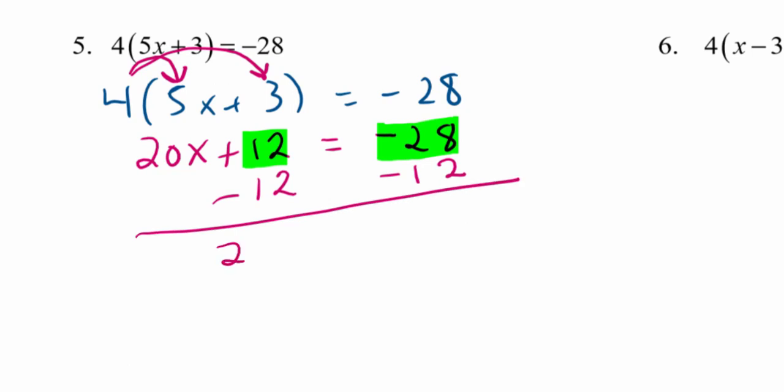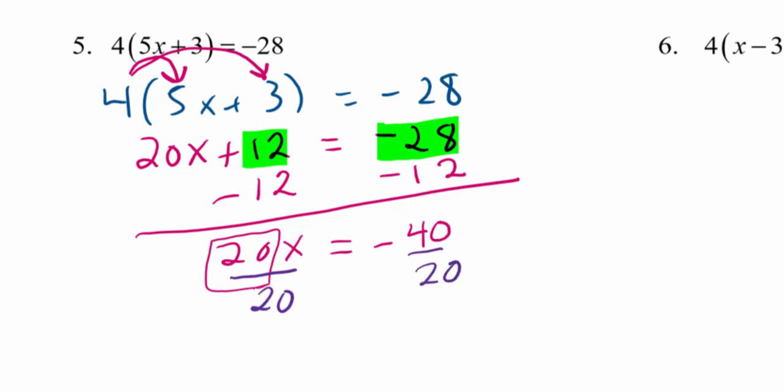So on the left, we have 20x, and on the right-hand side, we have a negative 40. Now our next step is to get a 1 coefficient in front of the x, and right now we have a 20. So that means we're going to divide both sides of the equation by 20. That's our division property. Here we now have x, 1x, and on the right-hand side we have a negative 2. So negative 2 is our solution,